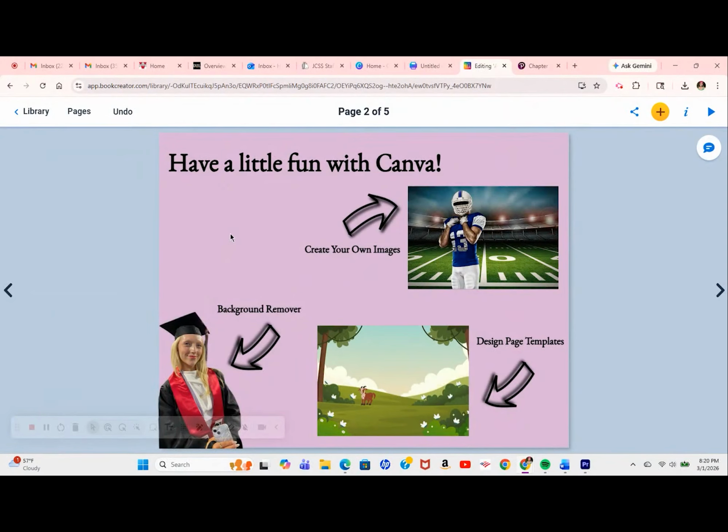Okay, so there's just a couple more things that I like to do with Canva. You can look for images on Book Creator, but I'm just used to Canva, I guess, so it's easier to do that sometimes. You can create your own images with Canva. This is 2 different images laid on top of each other. And one thing I've done for books is if I want more than just a solid background,